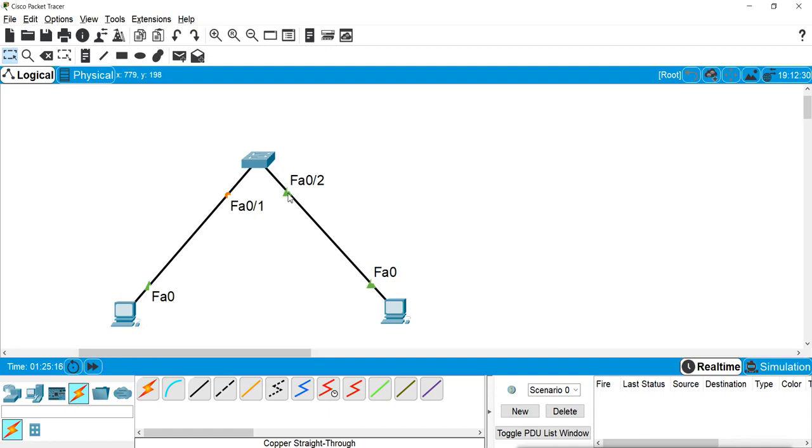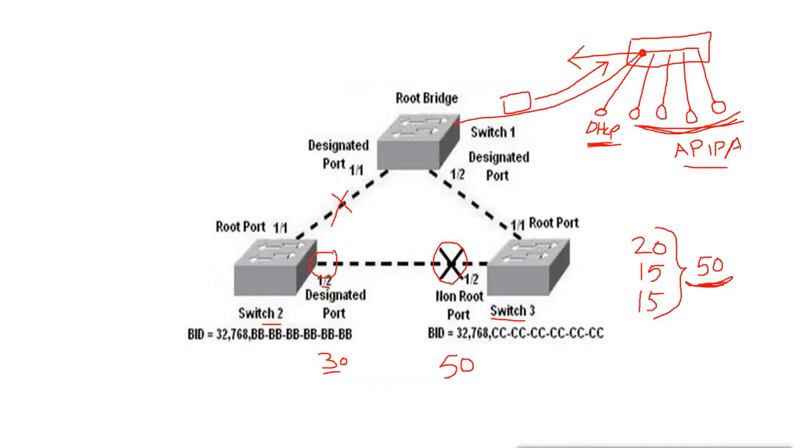So it reduces the convergence time by skipping those STP port states, like blocking, listening, learning, and then forwarding. So by skipping those states, PortFast enables this port quickly, and DHCP will act first and will assign an IP address to the other machines first. This is the PortFast configuration.